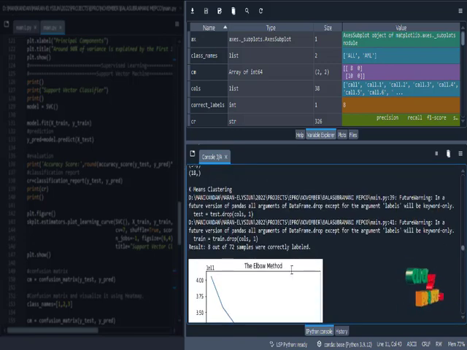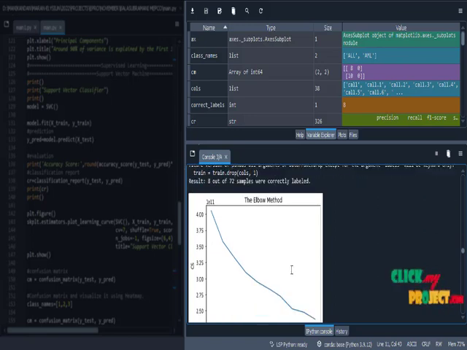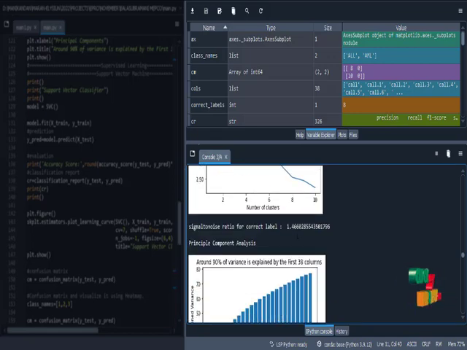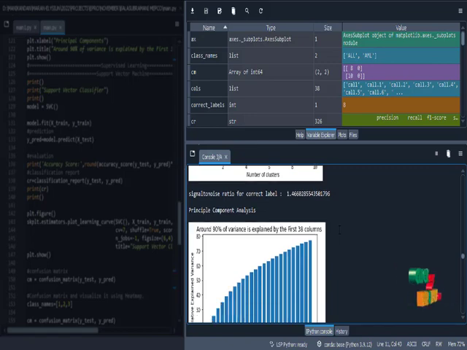Then I'm going to apply the unsupervised learning like the k-means clustering algorithm. In that we are going to check the correctly labeled samples. The result is 8 out of 72 samples were correctly labeled. So this is the elbow diagram of the k-means clustering algorithm, and this is the signal to noise ratio of the correct label. And then I'm applying the principal component analysis feature reduction algorithm, which is used to find the best